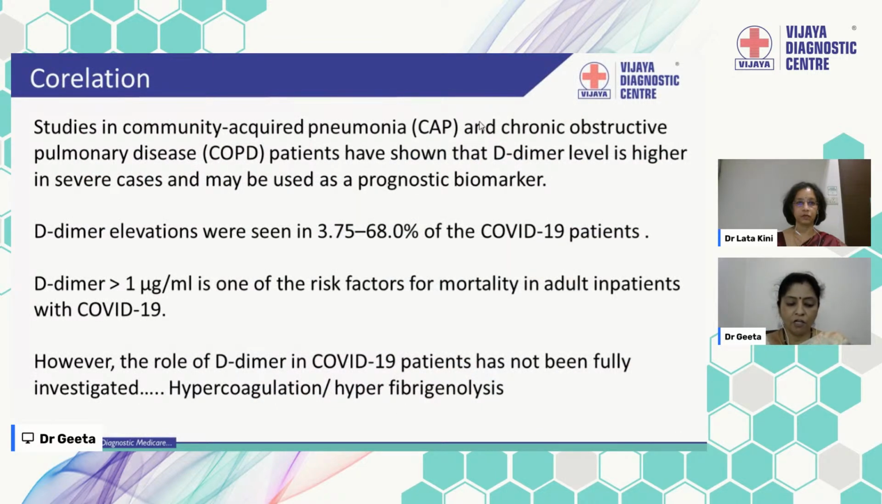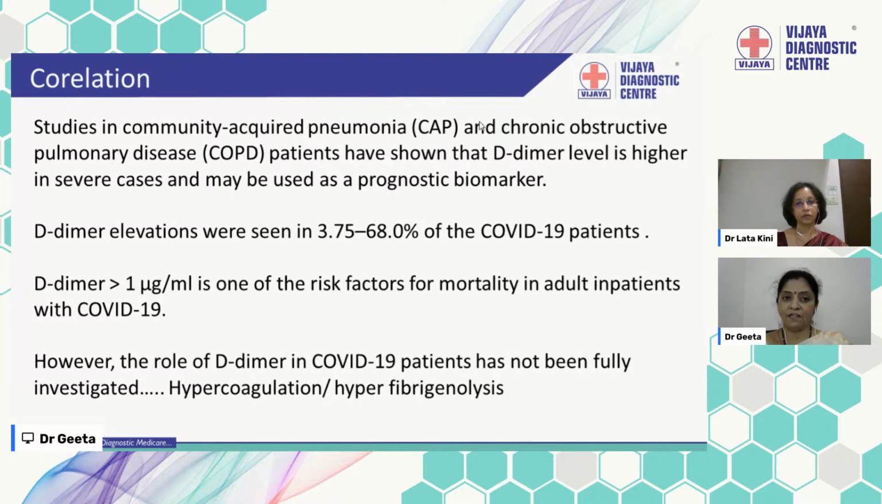A lot of studies have been done after the first episode of the COVID pandemic, in which they have seen that D-dimer elevations increase with severity of the infection. They are seen in about 3.75 to 68% of COVID-19 patients. More than 1000 nanogram per ml is one of the risk factors for mortality in adult patients with COVID-19. However, the role of D-dimer in COVID-19 patients has not yet been fully investigated. These are only hypothetical theories where we are suspecting coagulation and